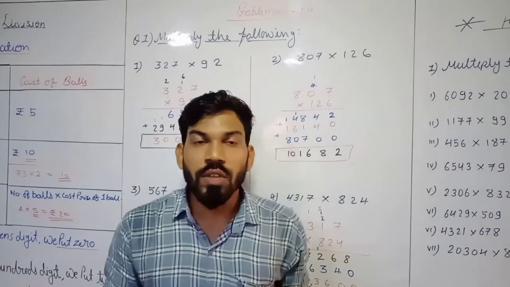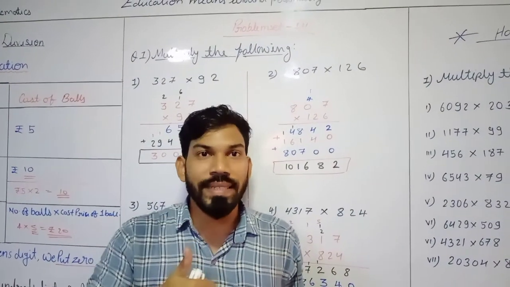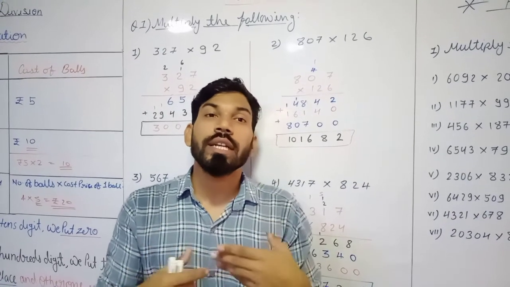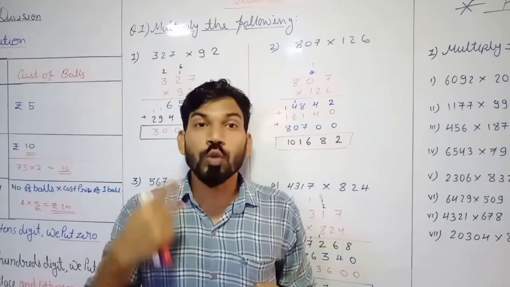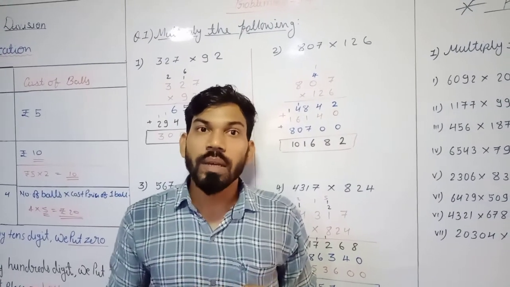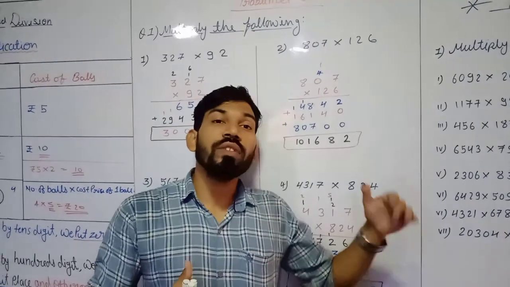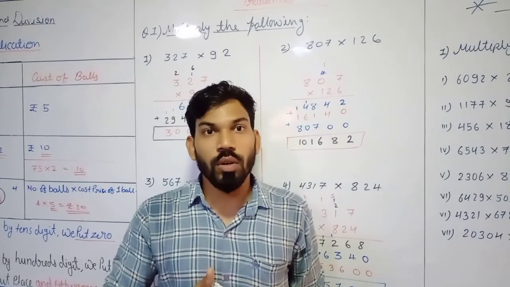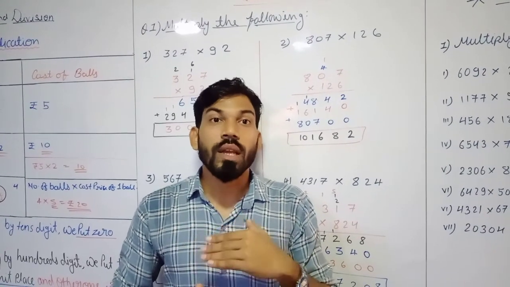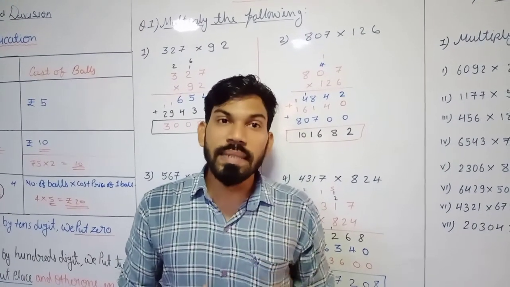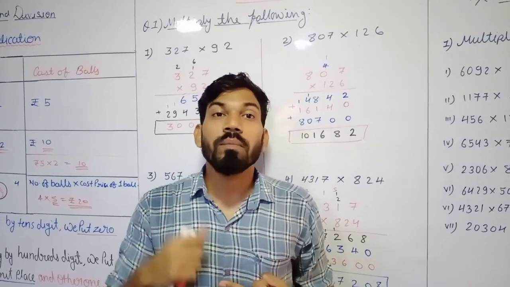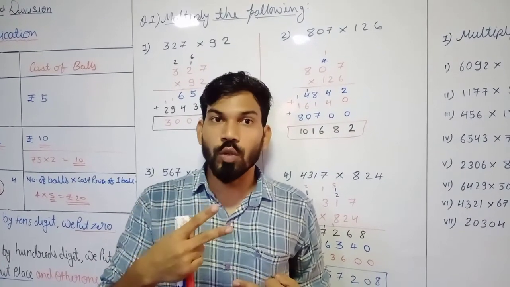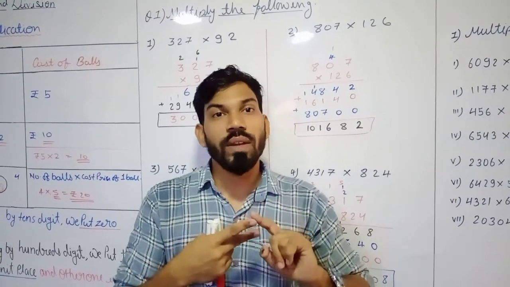The second thing: whenever we are multiplying by a one digit number, that is very simple, we can do it easily. When we start multiplying by a two digit number, whenever we start the next line, we have to put 0 in the unit place and then carry forward. Whenever we are multiplying by a three digit number, by the 100 place, we have to put 2 zeros at the place of unit as well as tens.